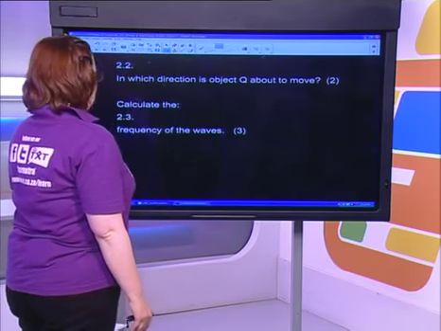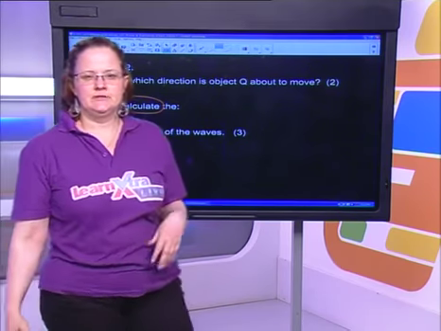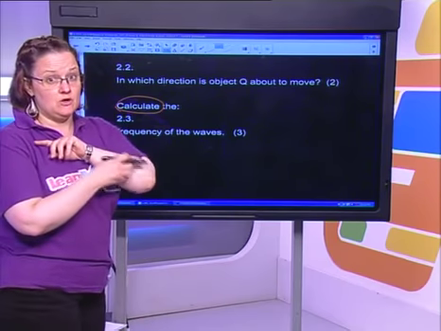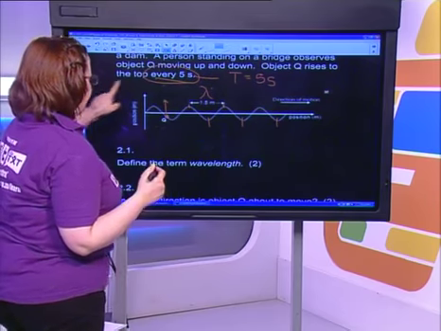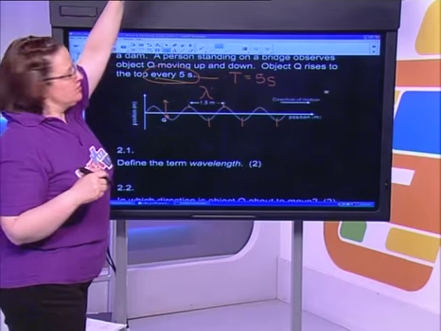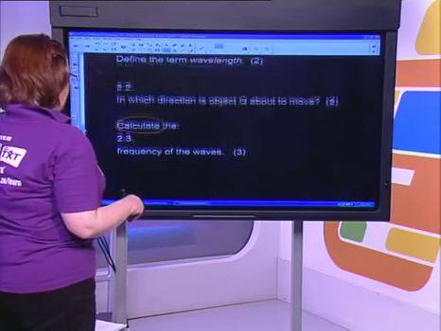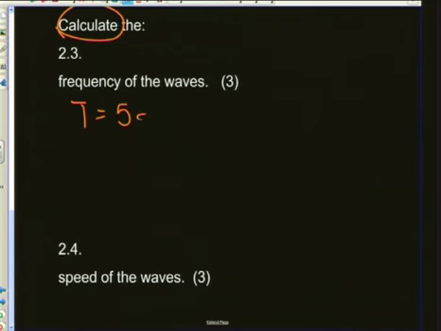Now, oh, that wonderful word, calculate. Calculate, calculate, calculate. This is why we needed the information I looked up earlier. Okay, now earlier we realized that they gave me the period. They said it was 5 seconds because Q rises to the top every 5 seconds, and they gave me the wavelength. So let's write that down. Okay, so my period is 5 seconds and wavelength is 1,5 meters.